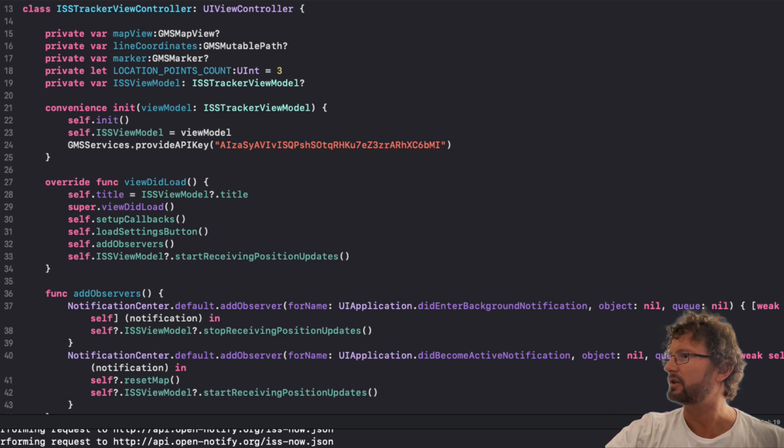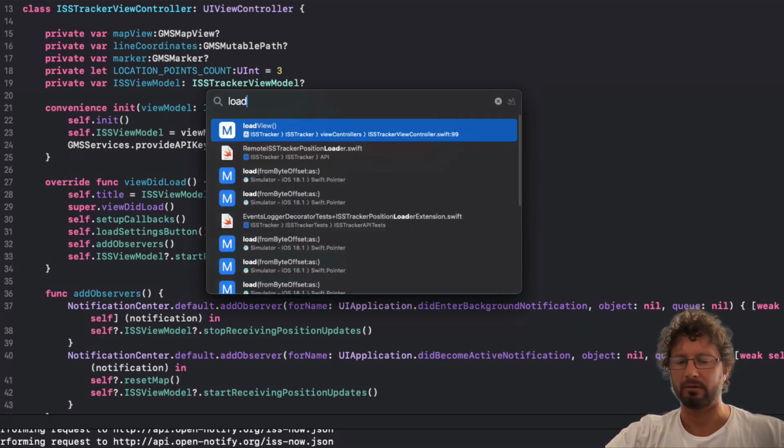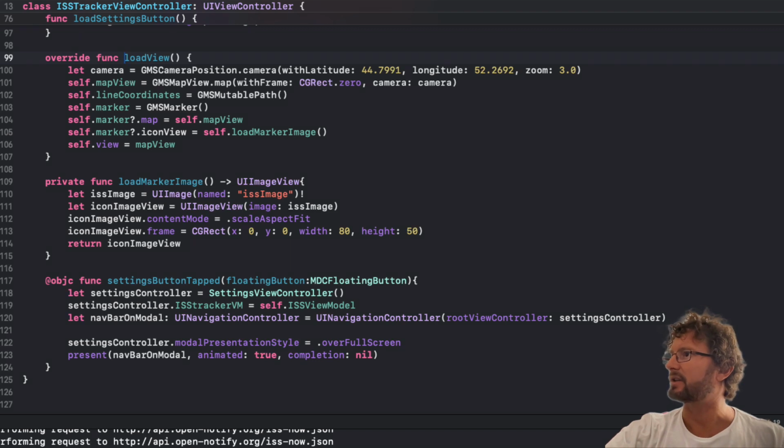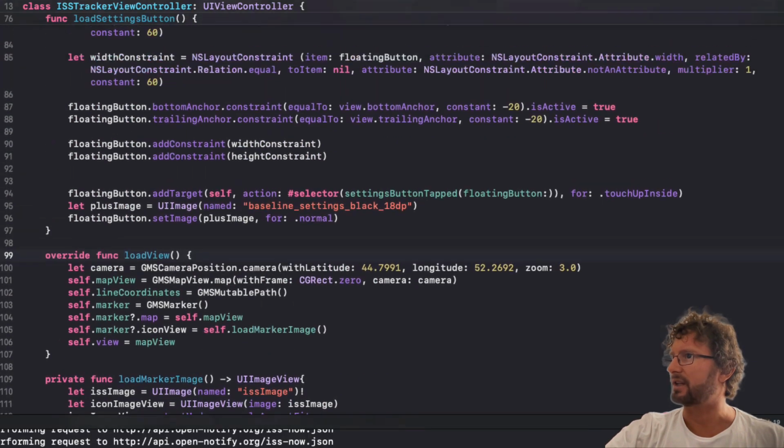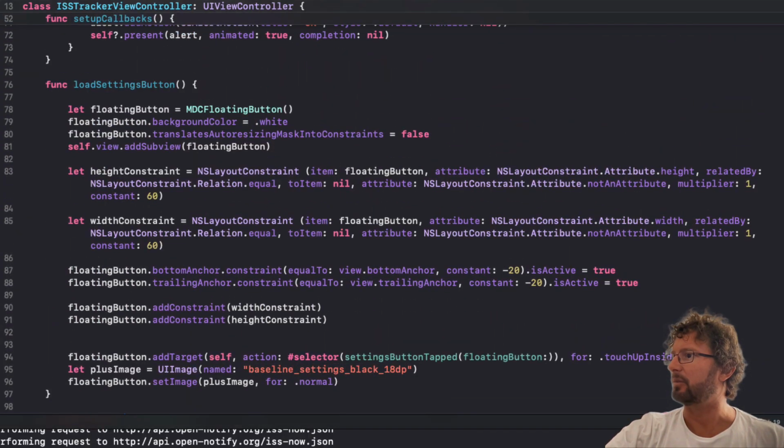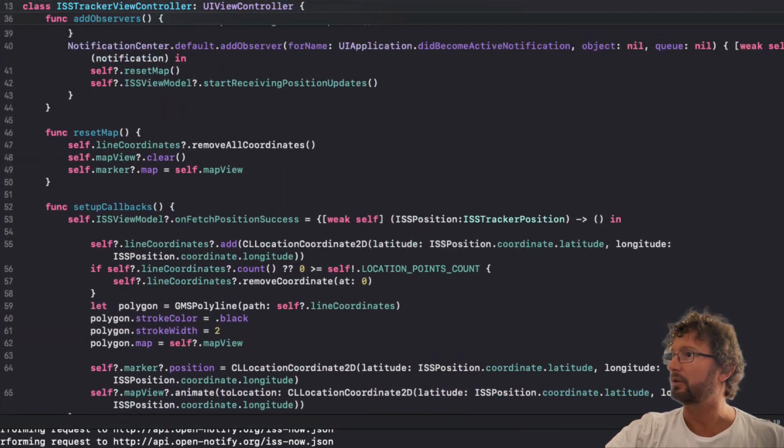And we are not using a zip file to present our user interface. Instead, we are loading everything from code. So in our load view method, we can see that we are setting the Google Maps view as our main view. And also our settings button is added by code, so we can do the same